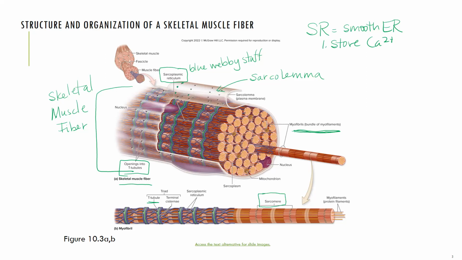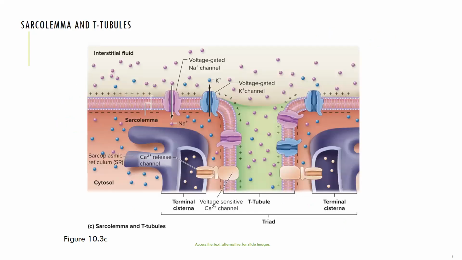And in the sarcomere, you will see all the different bands that you see on your list: H band and/or I band and A band and Z disc and H zone and M line. So we'll get to those in a minute, but first we want to go to a bigger picture of the sarcomere. But on our way there, we are going to go to the relationship between the sarcomere, the sarcolemma